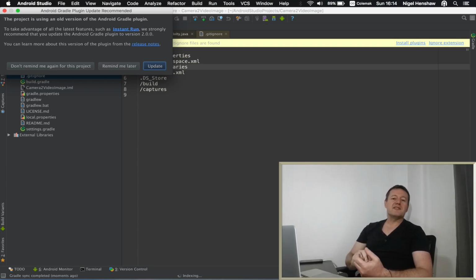A few initial observations: you will be heavily encouraged to upgrade your Android project to the version of Gradle that's supplied with Android Studio 2.0, and I think that's 2.10, so you'll be encouraged to move across to that because you'll get all the new features that Android Studio 2.0 provides with that. So I did upgrade my Android projects up to the 2.10 Gradle version. It also prompted me to update my HAXM environment,